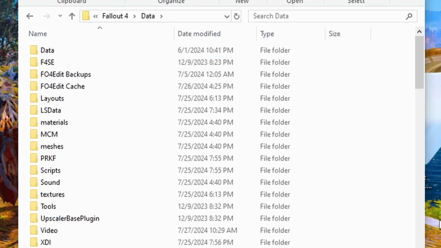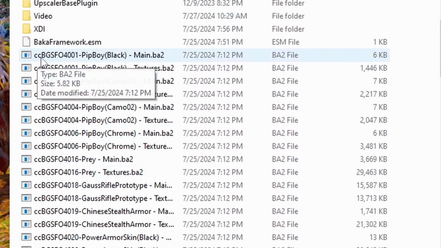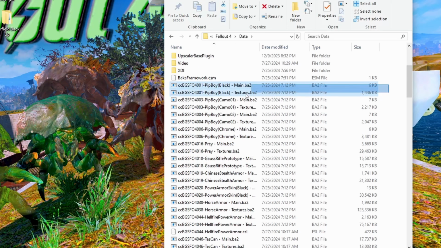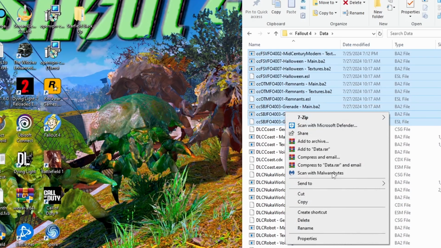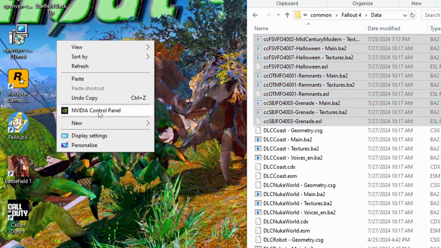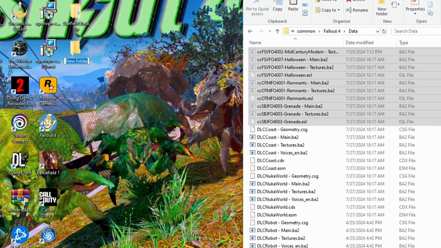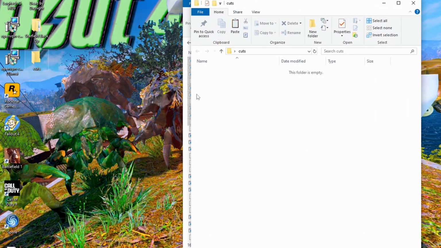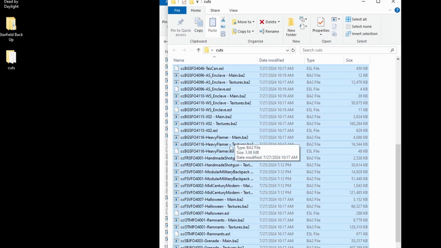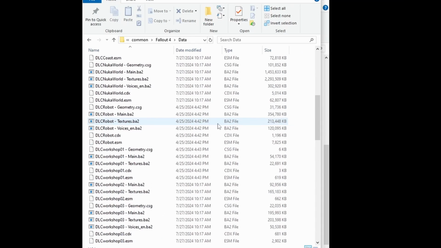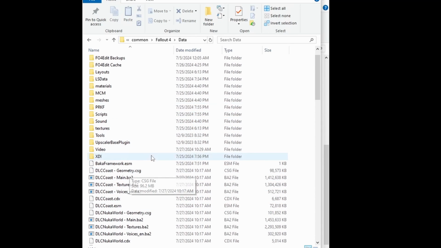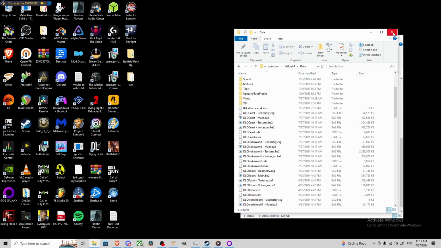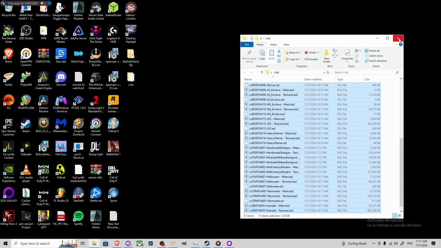Hit Data. Once you open that, look for every single file that starts with 2 lowercase c's. You're going to select every single one, and you're going to click Cut. Then you're going to open a new folder. It can be anywhere. It can be on your desktop. It doesn't matter. It just has to be a location that's different from the Fallout 4 directory. Let's name this one Cuts. Open your Cuts folder and then paste. And once you've cut everything and pasted it into that folder, just verify that those CC files are gone from your data folder. Looks like they are. We're good to go. That means you've just downgraded your version to 1.10.163, so we can move on to installing